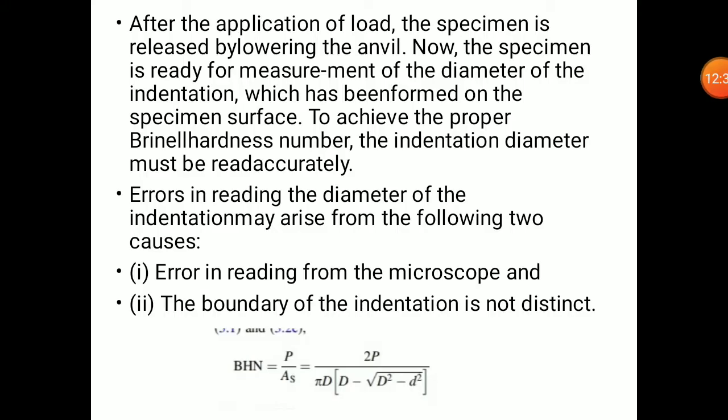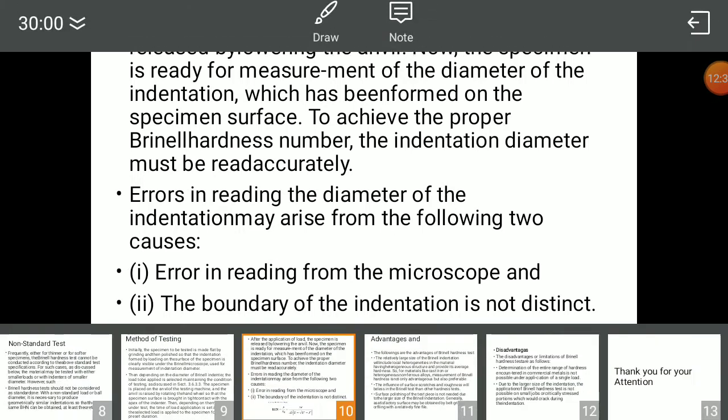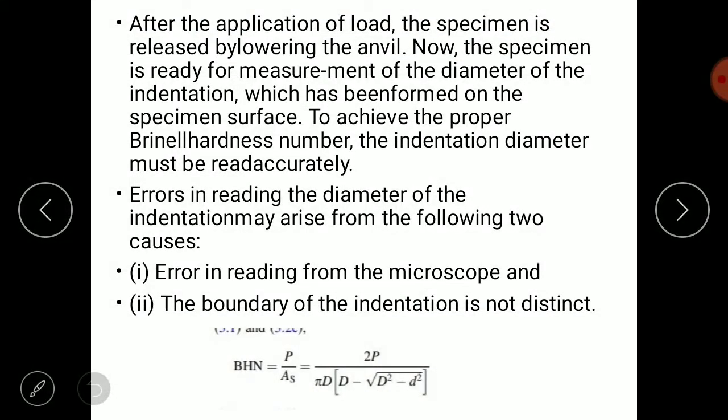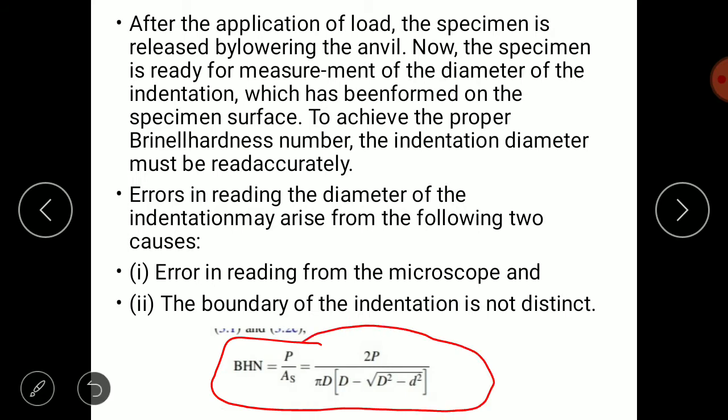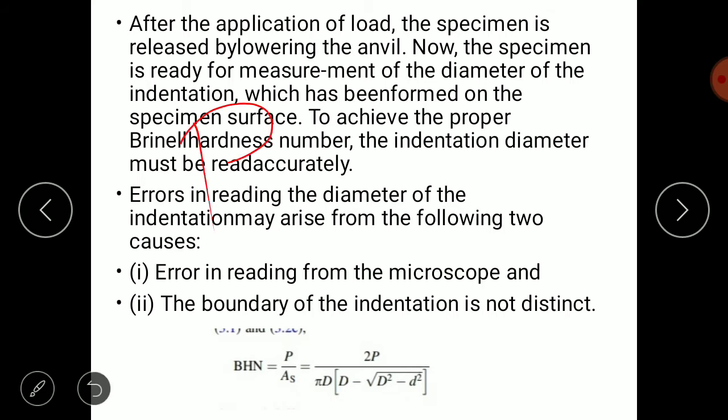From the formula we can see that BHN, the Brinell hardness number, is equal to load applied upon area of indentation, and further it can be expanded: BHN = 2P / (πD(D − √(D² − d²))). Here P is the load applied in